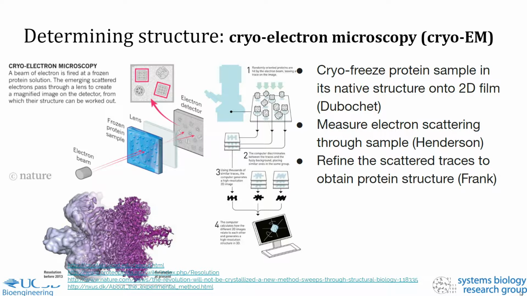Lastly, the imaging software developed by Frank, in which blurry traces of a protein are first separated from the background noise, then reoriented and grouped together by shape to form 2D images, and lastly, critically assessing their differences to generate high-resolution 3D models, was absolutely crucial to the impact this technology continues to